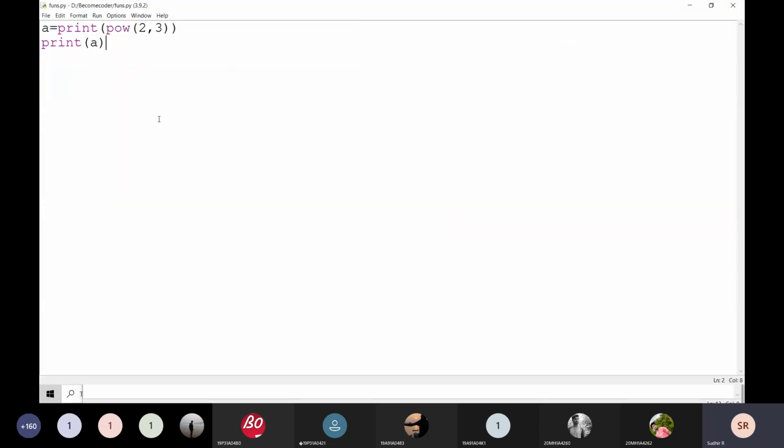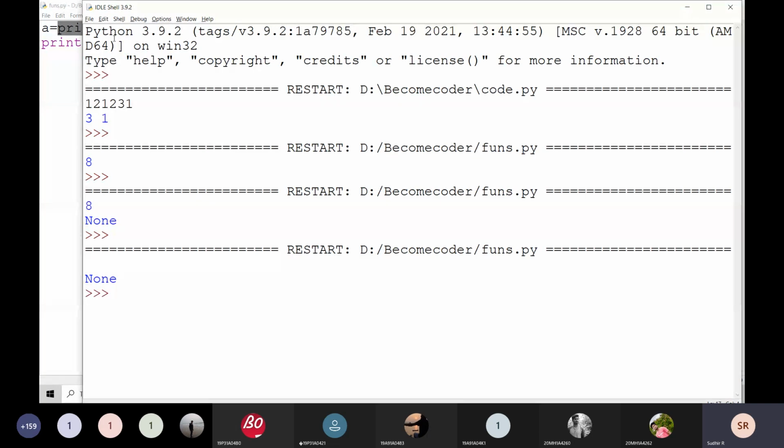Just observe here, this is returning the value of 8, and it is going to be printed. Now print is also one function. I am going to assign it to one variable here. I am assigning print of it to a here. If I execute it, what is it printing?